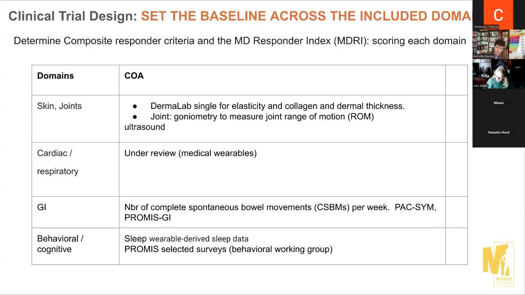For the behavioral and cognitive, we are going to get data on sleep, because that's a main issue. And we have selected different surveys also in Promise. So Promise is where you can find surveys that are agreed, approved and qualified by the FDA and the EMA, by all the authorities. So if you use them to collect data, you won't have any problem. You don't have to prove that this survey is relevant. It's a survey that is already ready, proven and standardized.